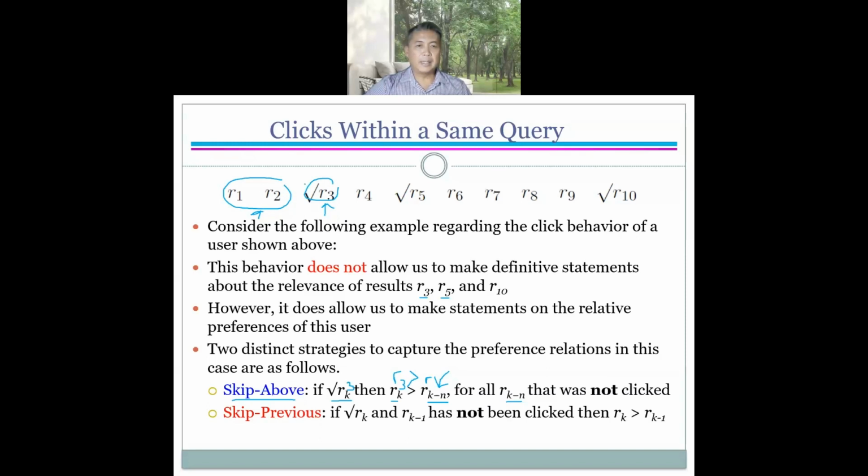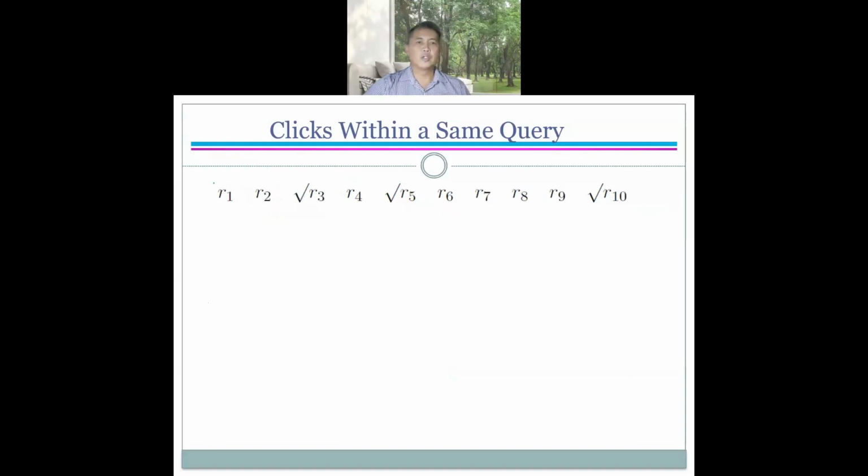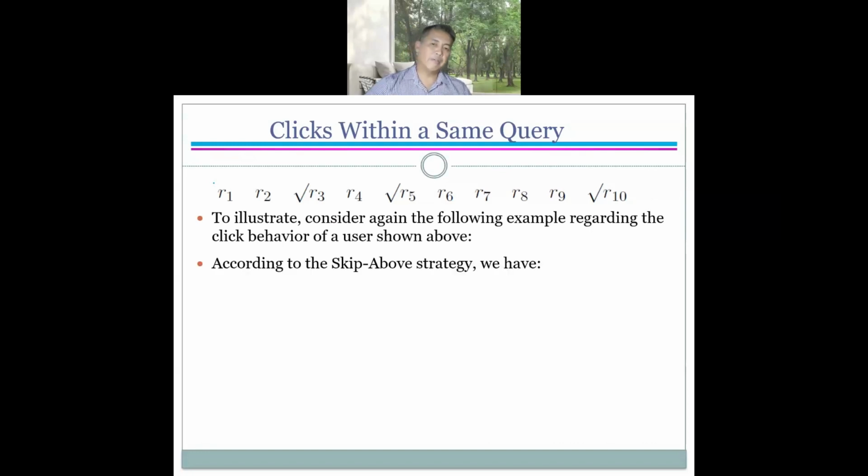Skip above means this is important compared to the rest of these. Skip previous is this is important compared to the previous one. For example, to illustrate this one, when we use the skip above strategy, that means,